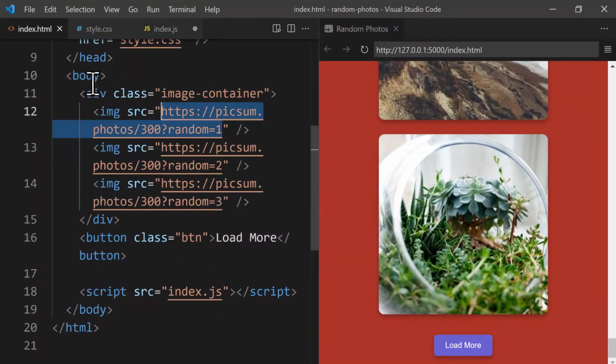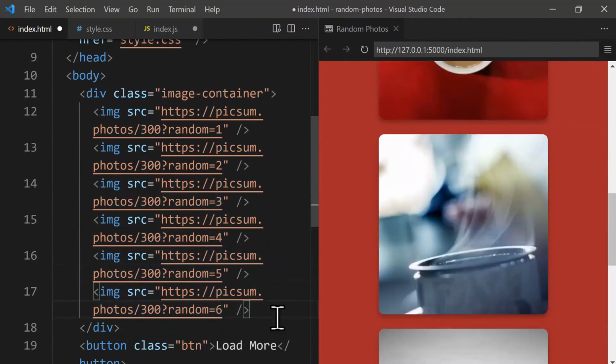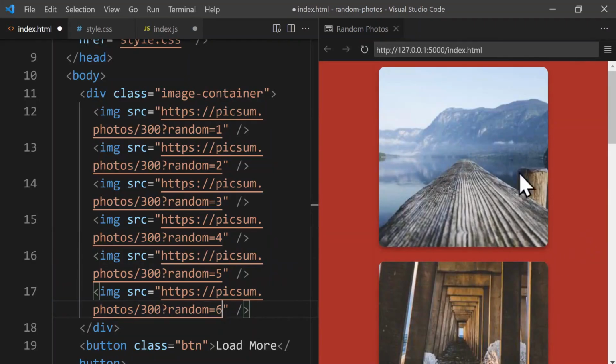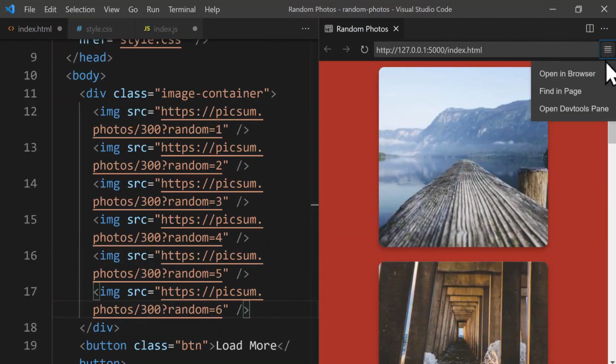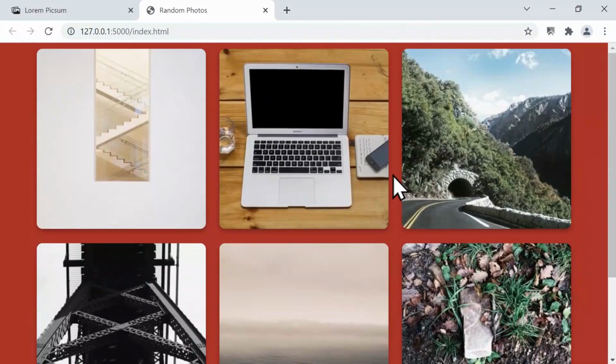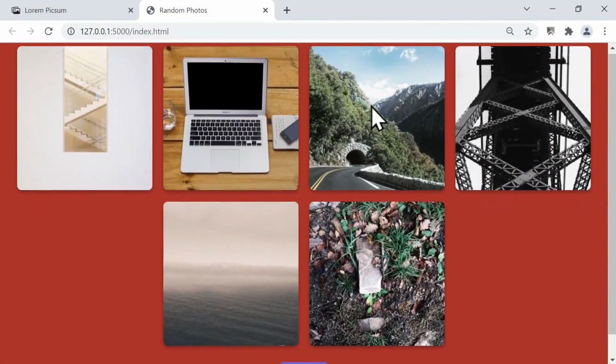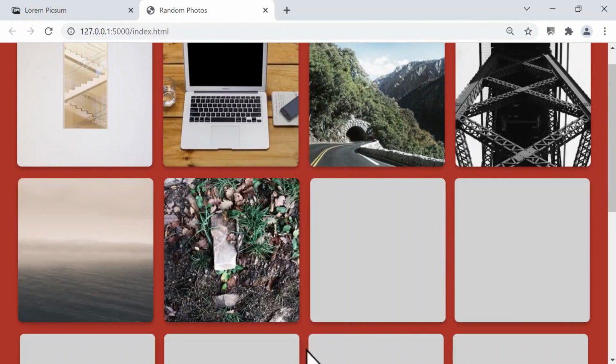Next, let's increase the number of images we have at the beginning to, for example, 6. So we just copy this 3 more times using Alt-Shift and the down arrow. Then we simply change these to 4, 5, and 6. Now let's open this in the browser using the hamburger icon and clicking on Open in Browser. So when the page is loaded in the browser, let me close this and decrease the size. When the page is loaded at the beginning, we have 6 images, and when we click on Load More, we